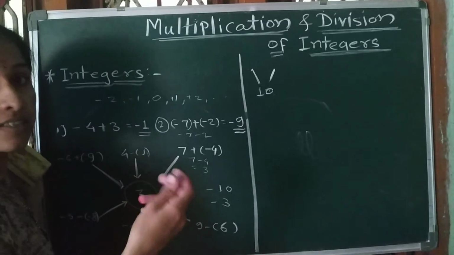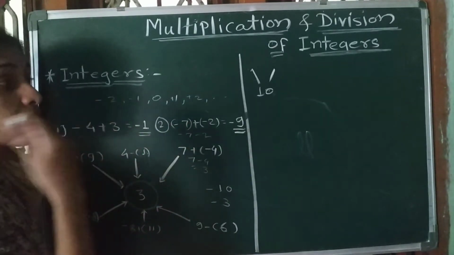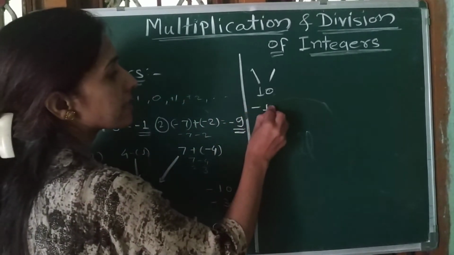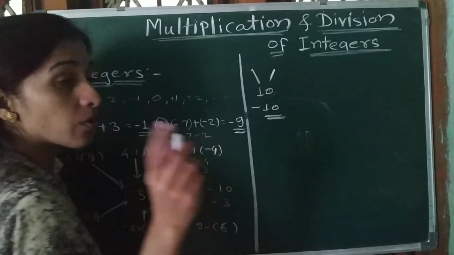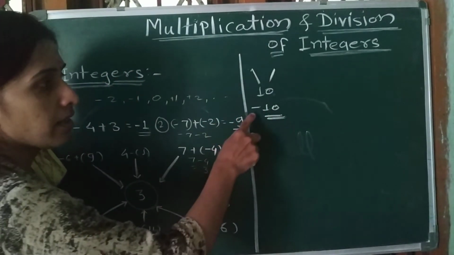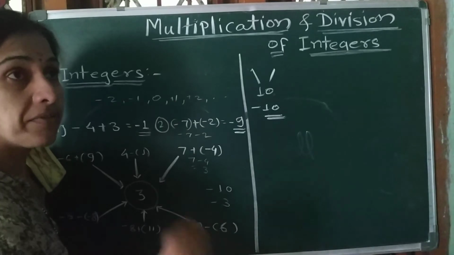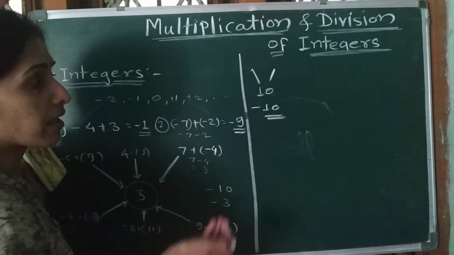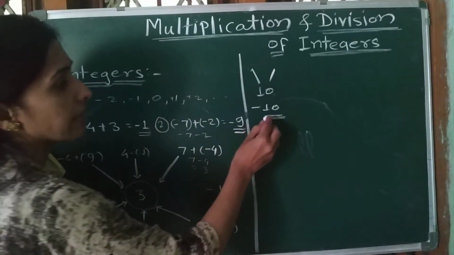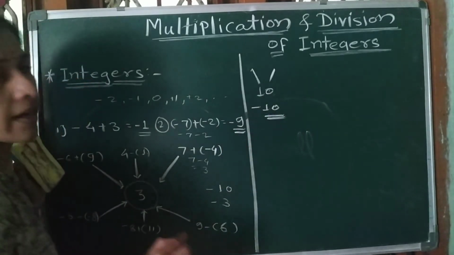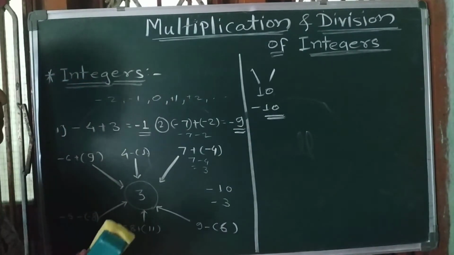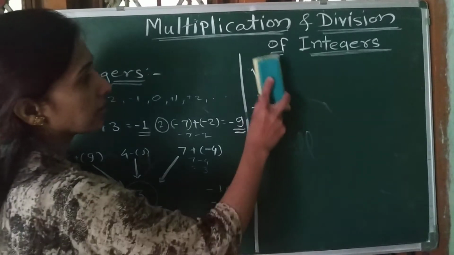So next time you have to return that. So you have minus 10 rupees. You have 10 rupees, but that is the minus 10 rupees if you are spending that money, but you have to return that. That is denoted by the minus 10. That is the debit minus 10 that we have to see in that.